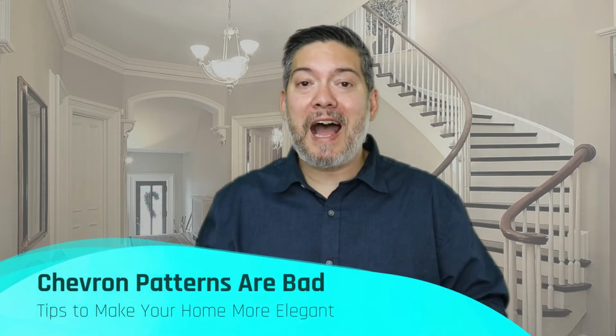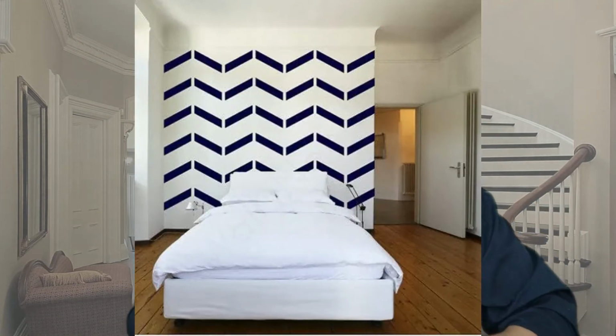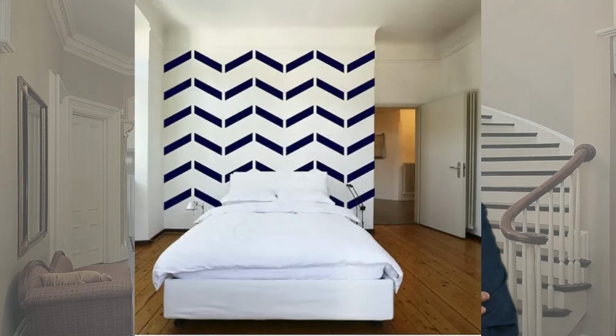Okay, you've probably been in kitchens or not too long ago seen patterns called chevron patterns. If you're in the military, you know what a chevron pattern is. If not, it's basically half of a diamond or half of a square. A diamond is the easiest thing, but basically it's shaped like this. And in the military, we wear chevrons on our sleeves,